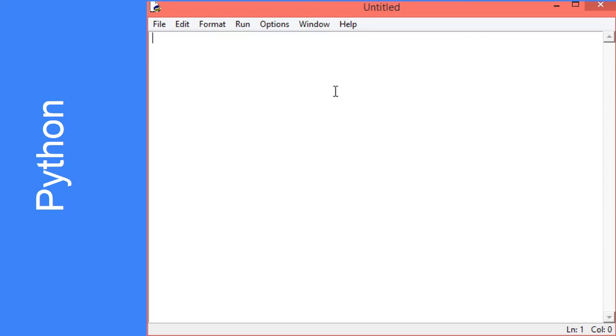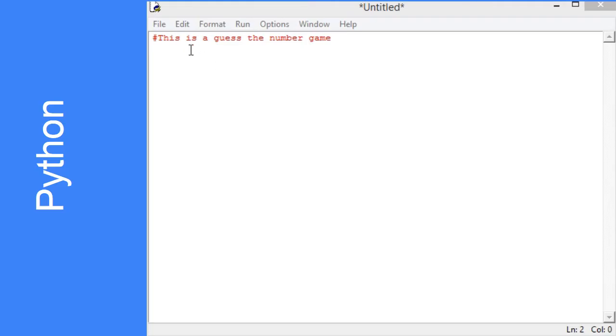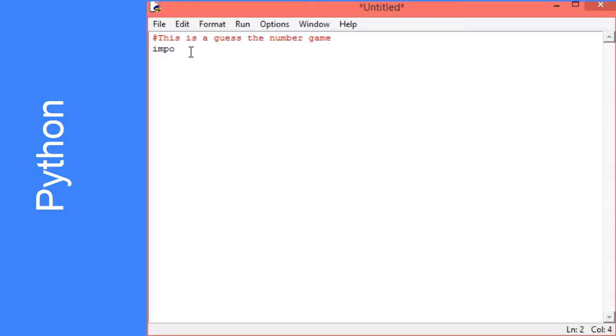We are going to create a guess the number game. So the first thing I'm going to do is comment exactly what this is. The first thing I need to do is import random,